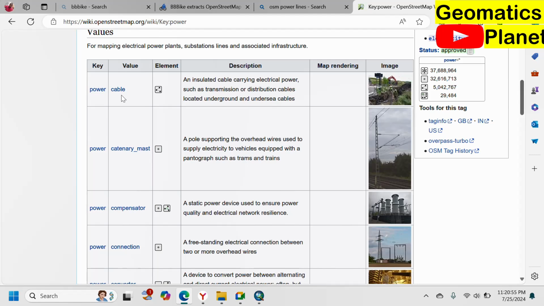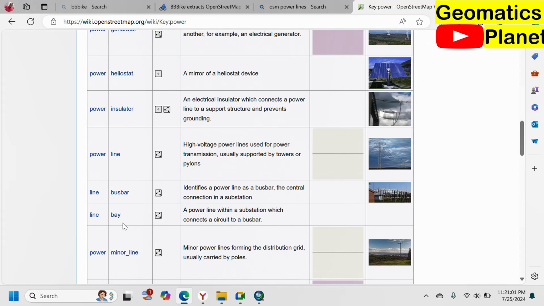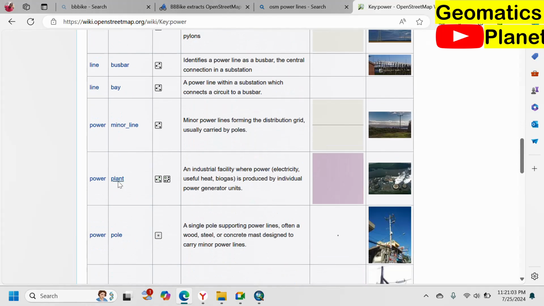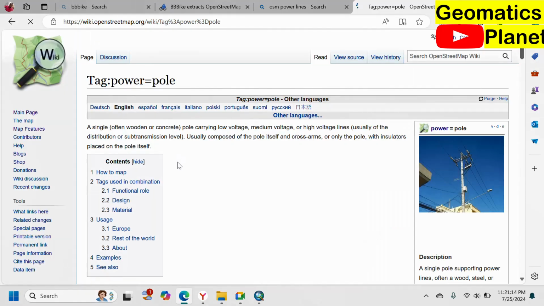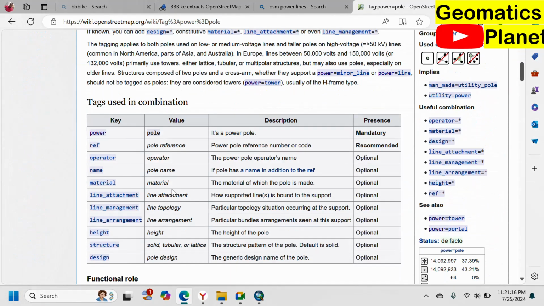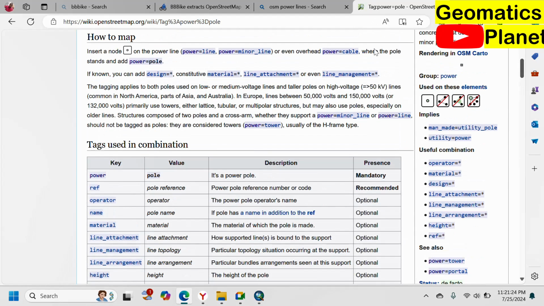So you can see cable here, this is here, then the connection is going to be in the node, converter, generator, minor plant, pole. So I am going to look for power equals to pole. You can see here, this is the tag I want you to look for. You are going to query it because everybody is going to have this aspect. So you can see here, power pole, it is a pole, power mandatory. Ref, you can see it here, functional. So I am going to use